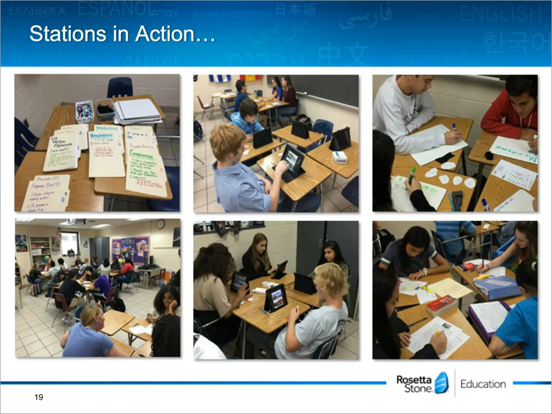In the top and the middle, you'll see several students working on Rosetta Stone. I have the 2 boys at the top. They have a tendency to like to do independent work. They're not really fond of working in groups. So I used the technology center, with Rosetta Stone in this case, as sort of a caveat for those students. I know that they like doing Rosetta Stone, so I ask them to do 1 or 2 stations prior to that, and then I give them a limited amount of time in the area that they like.